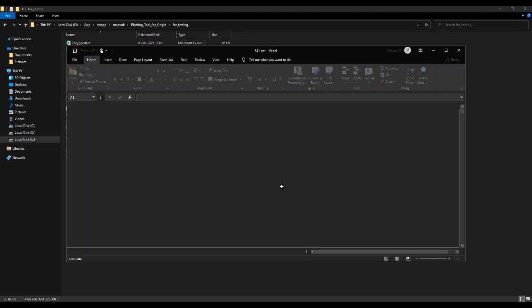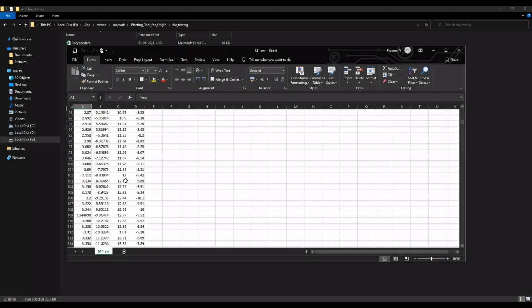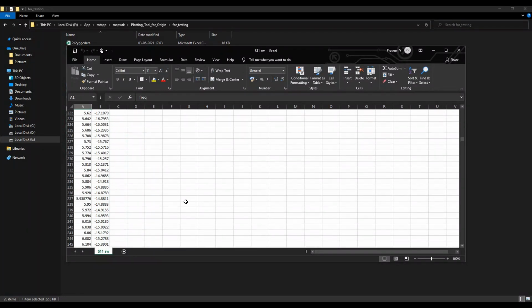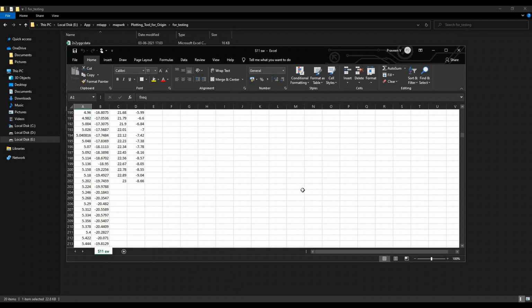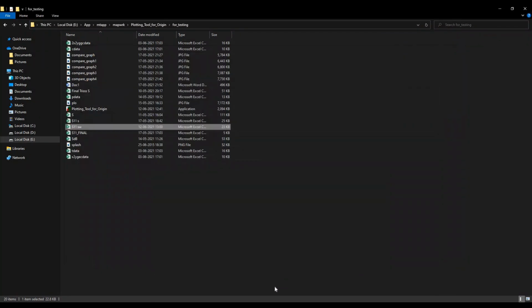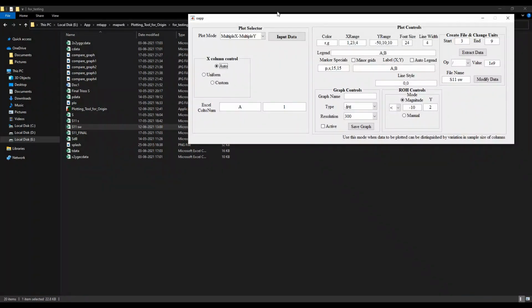As you can see, the simulated data consists of 1000 points, whereas the measured data consists of only 200 points. So the application will automatically detect this variation and will try to plot x versus y accordingly.